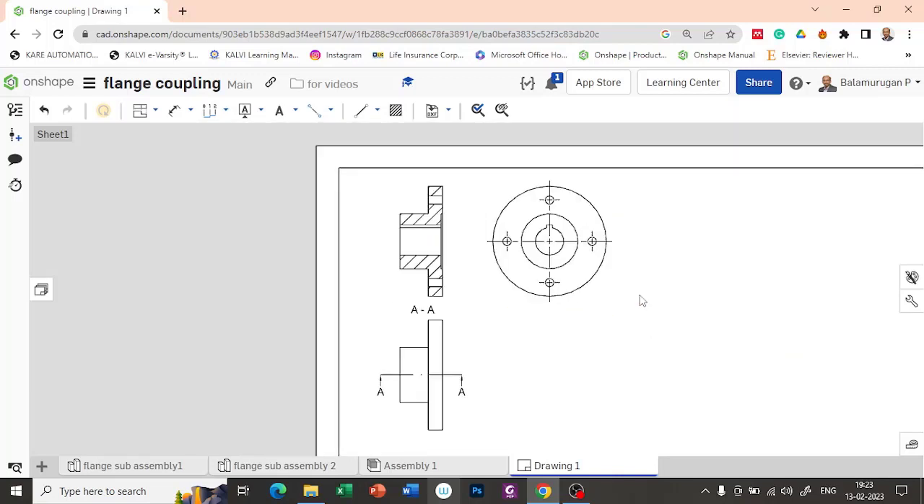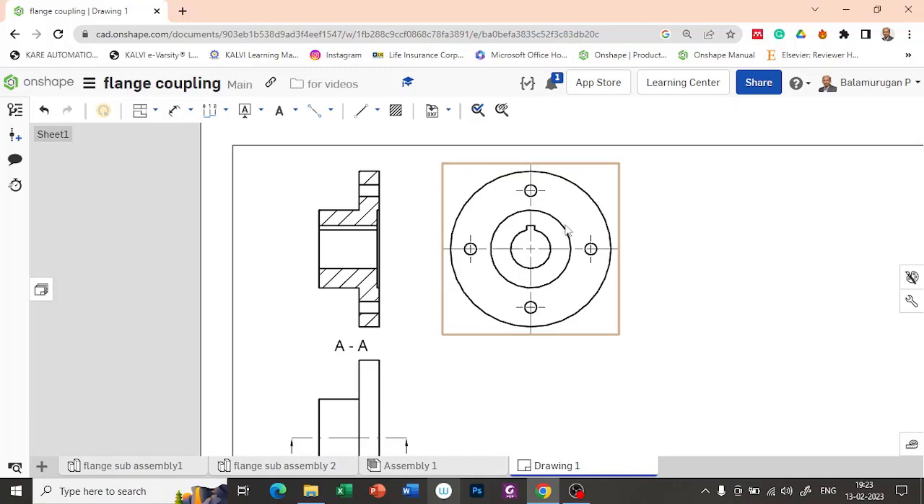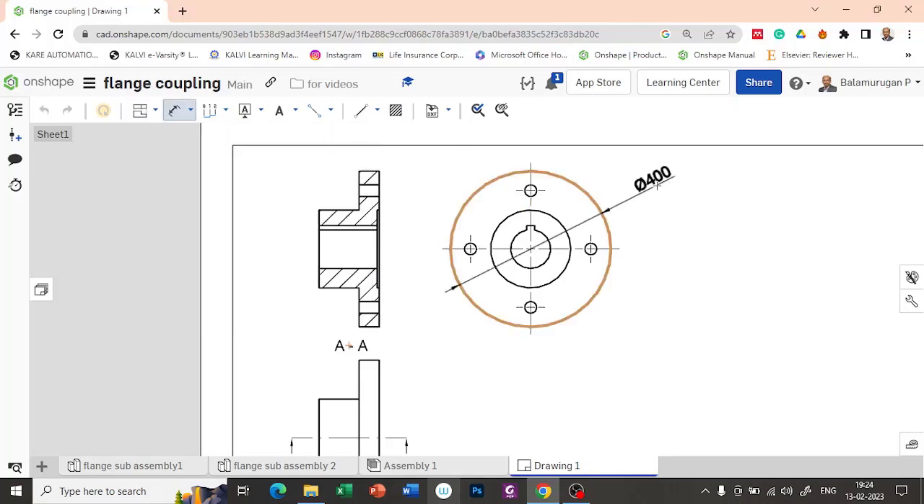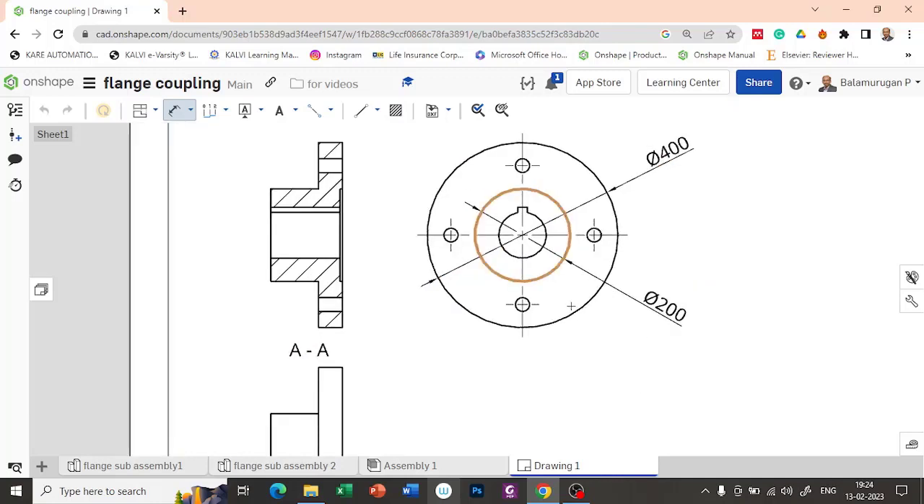Now let us learn how to make the dimensions for this one. Here I am going to make the dimensions for this circle. Here you have the dimension icon. Select this circle, drag your mouse, and click to confirm it. Click on this diameter, click to confirm it. Here I have 4 holes. If you want to add notes before the dimension, it is also possible. For example here, if you click over it,